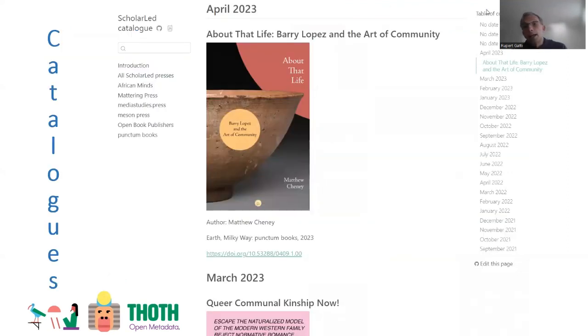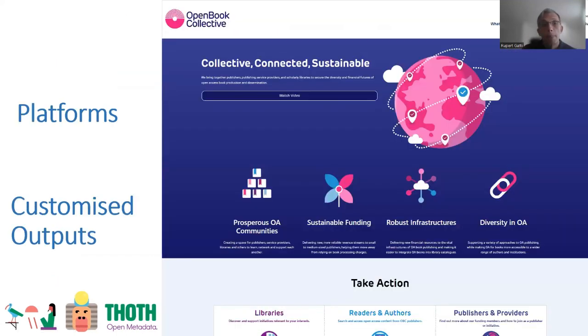We also have a colleague of ours, Simon Bowie, who, as part of the COPIM project, created a catalogue of all the scholar-led titles. So scholar-led is a collection of presses that you can see here, all open access presses. And he created a catalogue which is created on the fly for the collection as a whole, for individual presses, by date, and this can be extended to include themes and subject areas, etc.